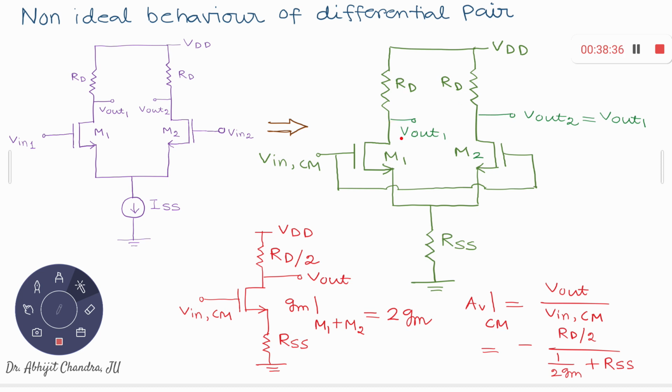So what about Vout1 and Vout2? They are the same. So their gates are connected together, sources are connected together, and the drain potentials are also the same. So I can visualize that these two MOS are in the circuit in parallel. Gates are connected together, sources are connected together, drains are connected together. So they are in parallel, right? So instead of having two MOS devices M1 and M2, I can simply observe their behavior by using a single MOS